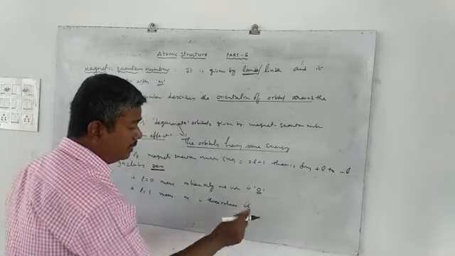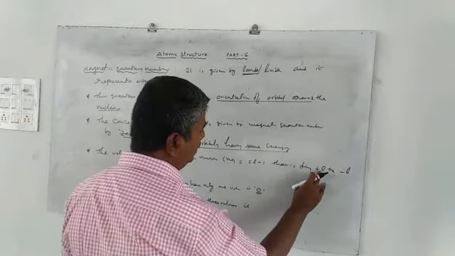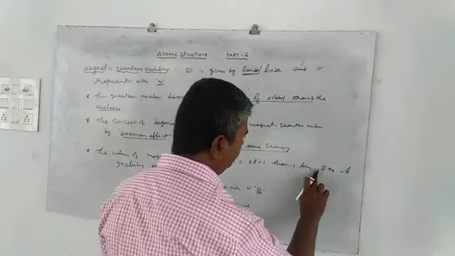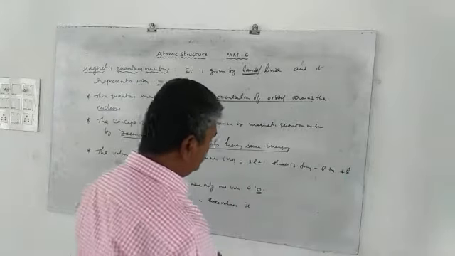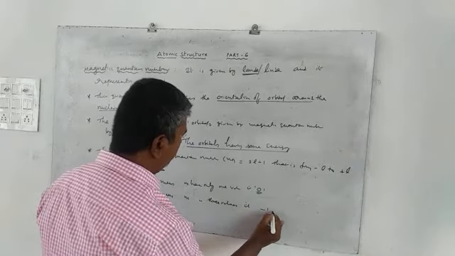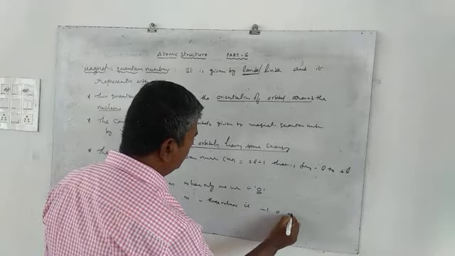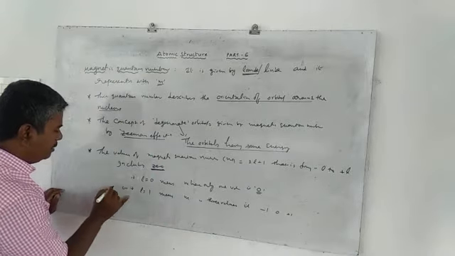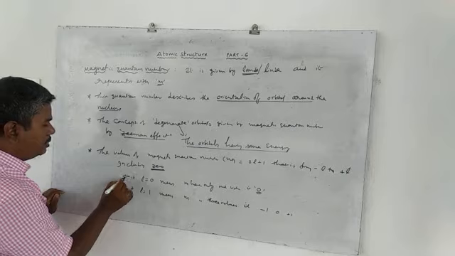Which values are they? From which to which one? Minus L to plus L. So what are the values here? Minus 1, 0 and plus 1. So observe here, L equal to 1 means which subshell? P subshell. L equal to 0 means which subshell? S subshell.